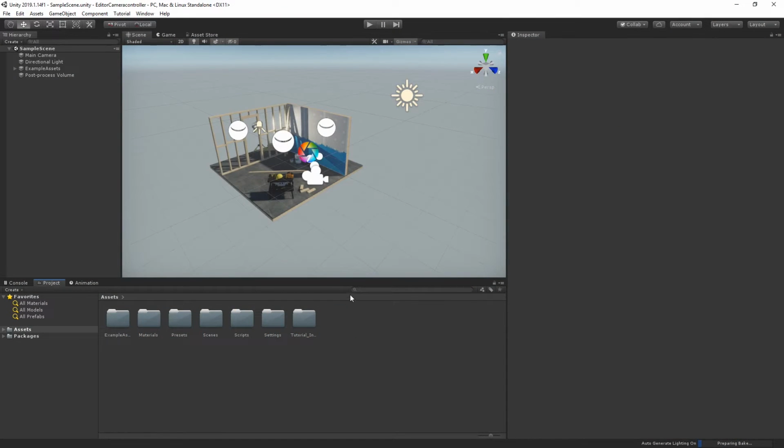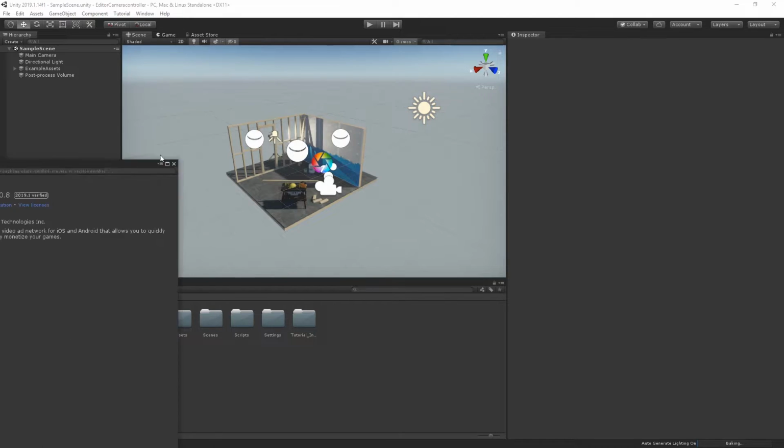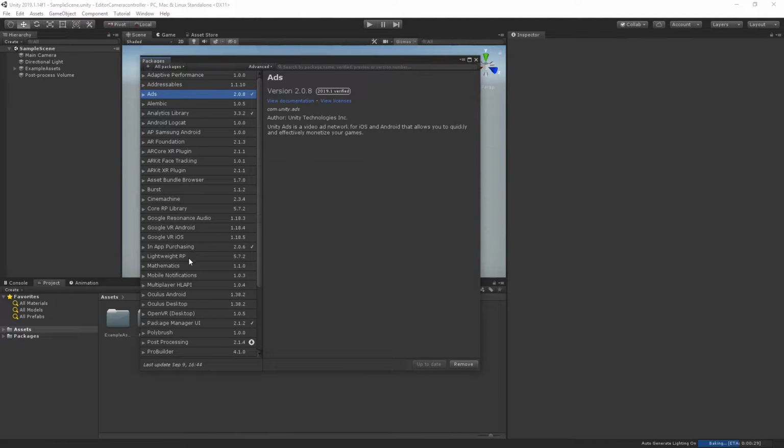And we'll choose 3D with extras because it just gives us a little bit of cool stuff to work with. Hit create. All right, so with a fresh project up and running, let's head to Window, we'll go to Package Manager, and we need to install the new input system. By default, it won't actually show up in the list at the time of this video, because it's in preview,